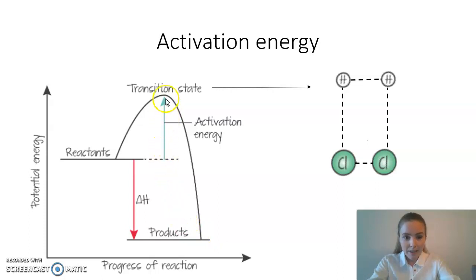So this part right here, where we go from the reactant to the transition state, that is called the activation energy. And that is the sufficient energy we need for the reaction to happen. We are now going to look at something called the Maxwell-Boltzmann distribution. So we're going to look at a YouTube video